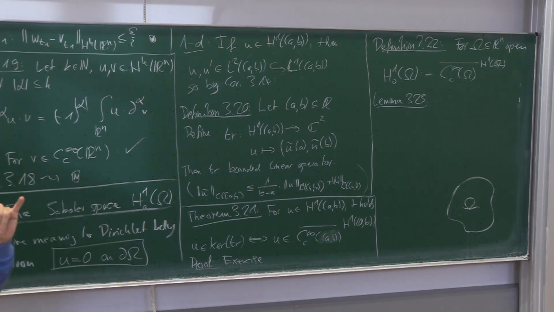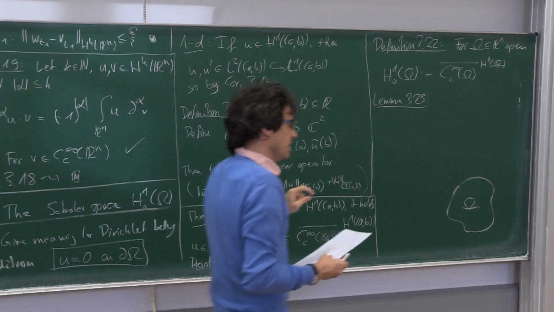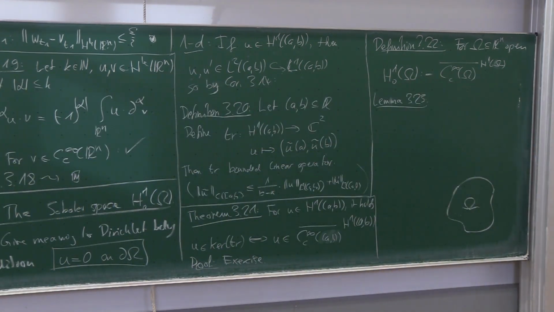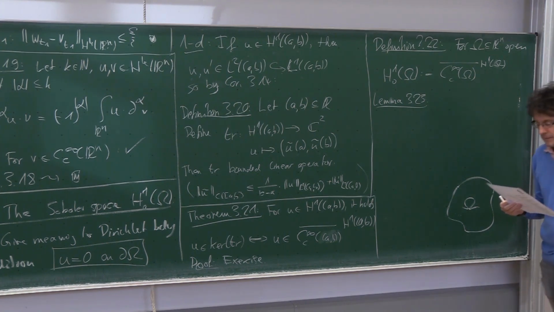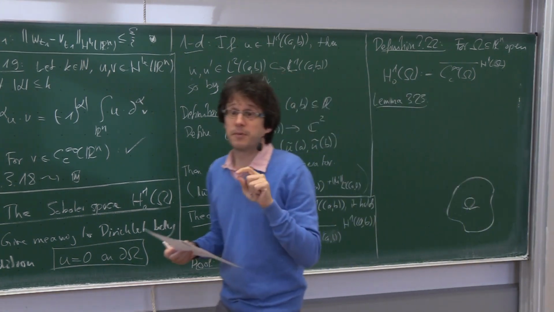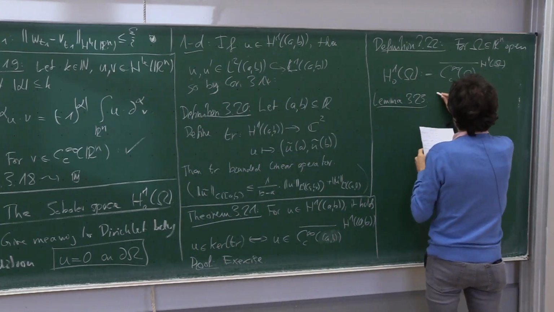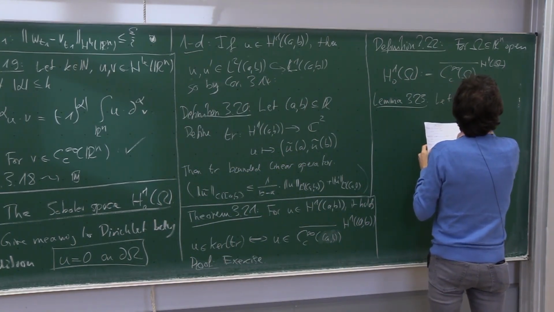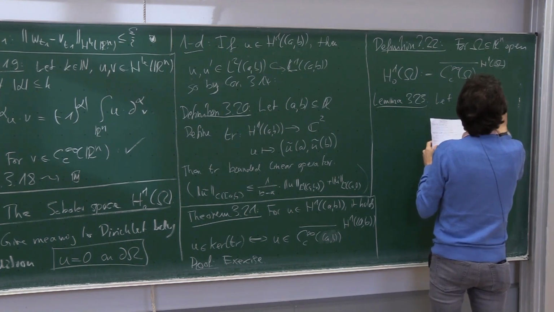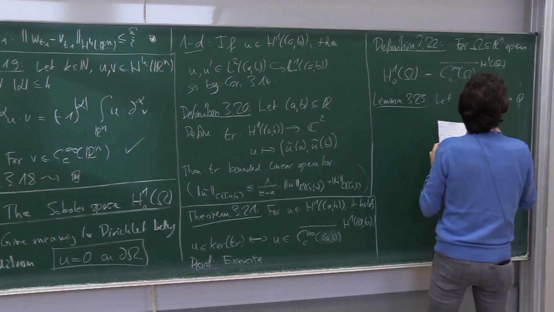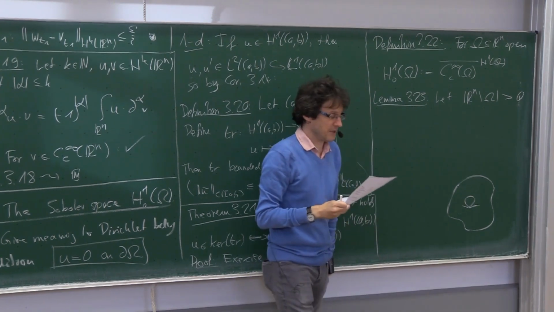But I will show you now a result that tells you that if you take out more, it gives you a huge class of domains where H10 is a proper closed subspace of H1. And this is the following lemma. Whenever you take out something that has a positive measure, so if the complement of omega in Rn has positive Lebesgue measure,